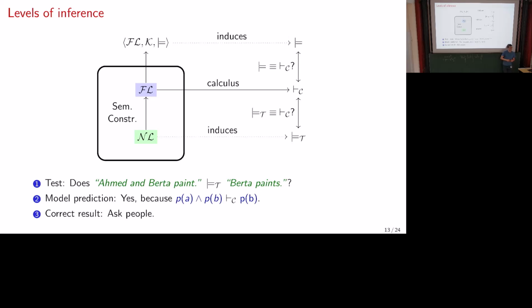Here's a question. At what step does Ahmed and Berta paint become the conjunction of atomic formulas? Is it GF that does that, or is it the MMT? That happens in MMT. So I basically parse it. I replace in a way the nodes of the abstract syntax tree with lambda expressions, and they take care of the sort of duplication of the p and so on. And I beta reduce the whole thing. So Ahmed and Berta becomes a lambda expression taking a predicate as a parameter. That would become something like